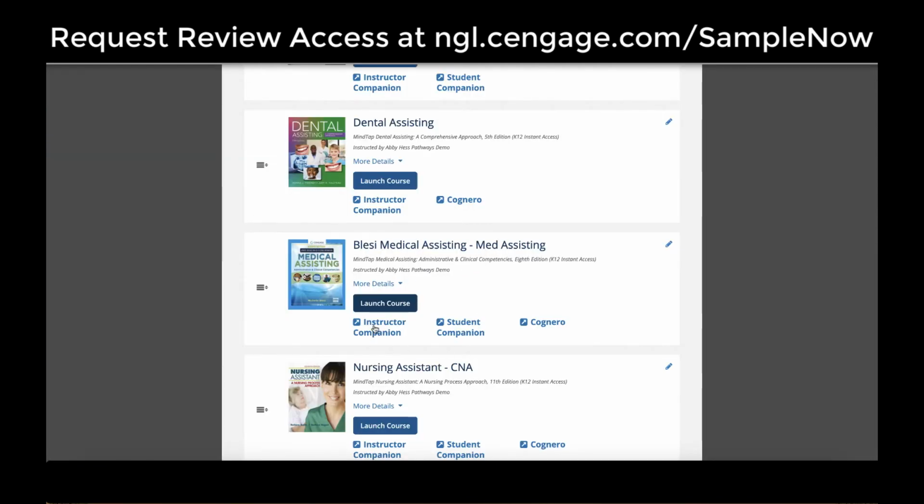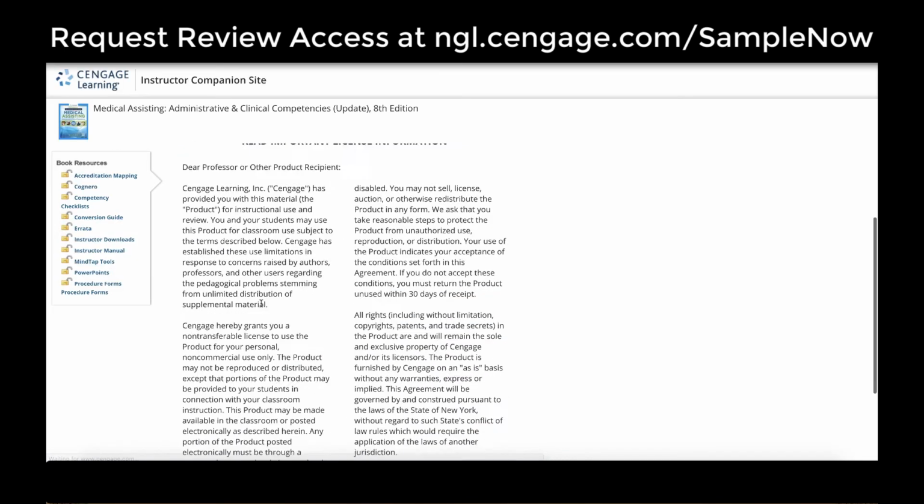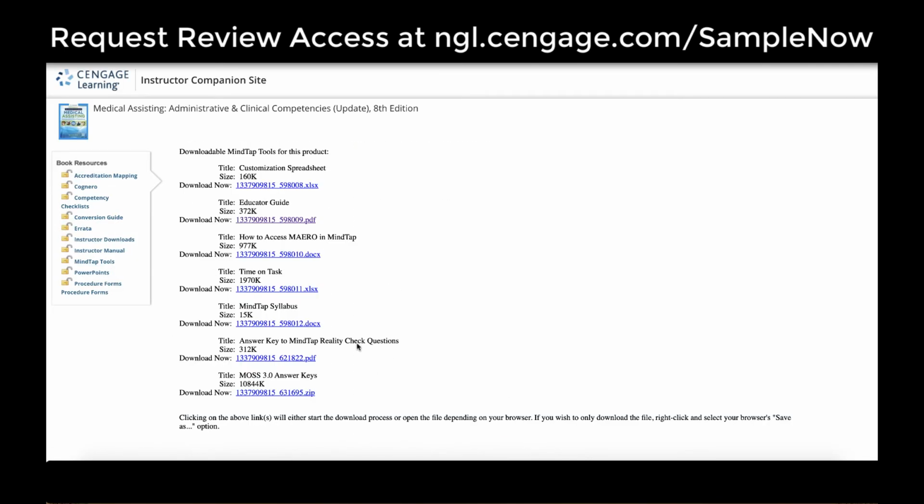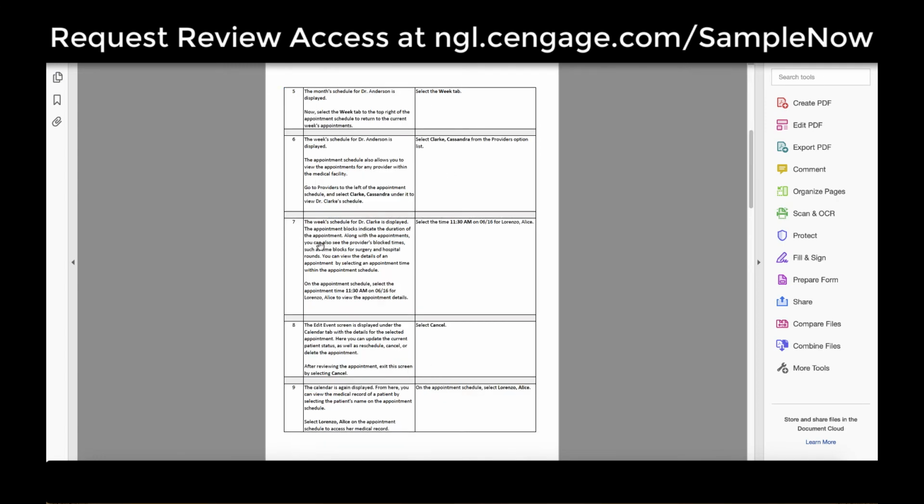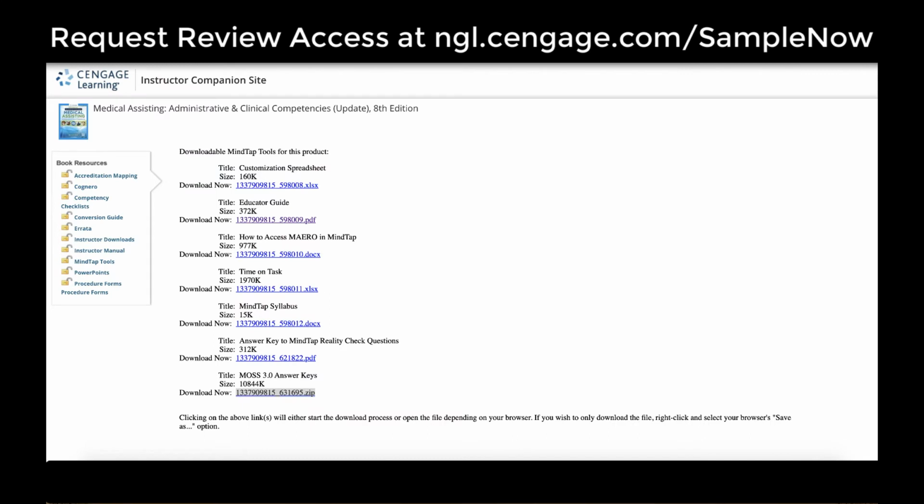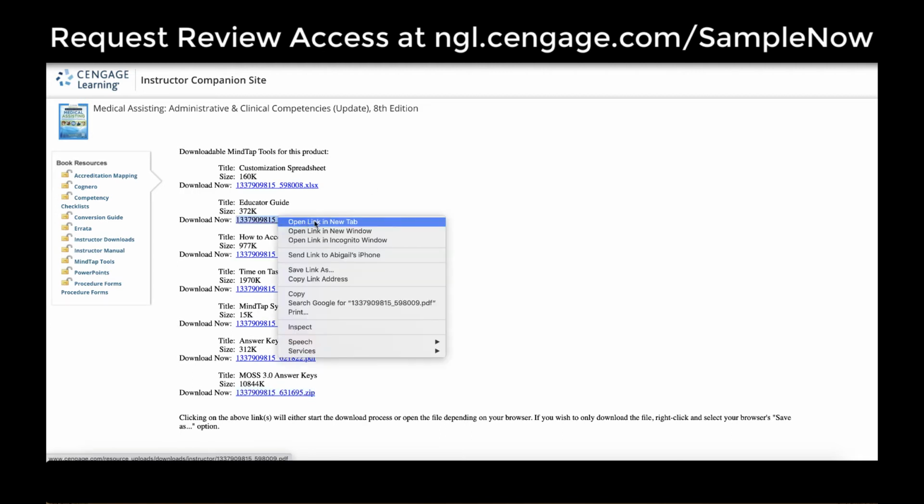Within the Instructor Companion site for your course, under MindTap Tools, teachers have full access to the MOS 3.0 answer keys. The answer keys open as PDF documents with step-by-step instructions on what students should do to complete each task. Teachers can also see a full list of where MOS 3.0 simulations fall in their course by opening the